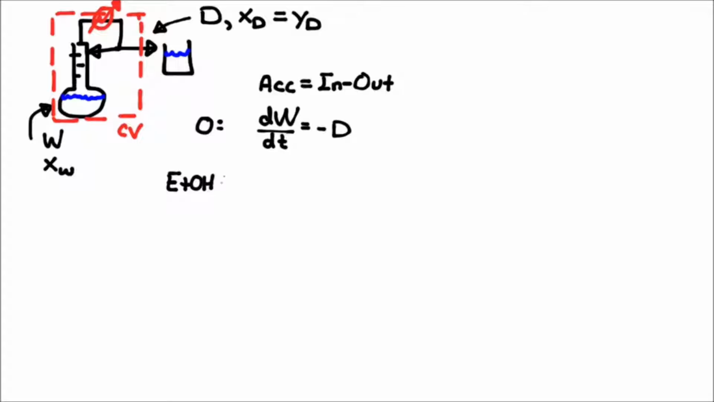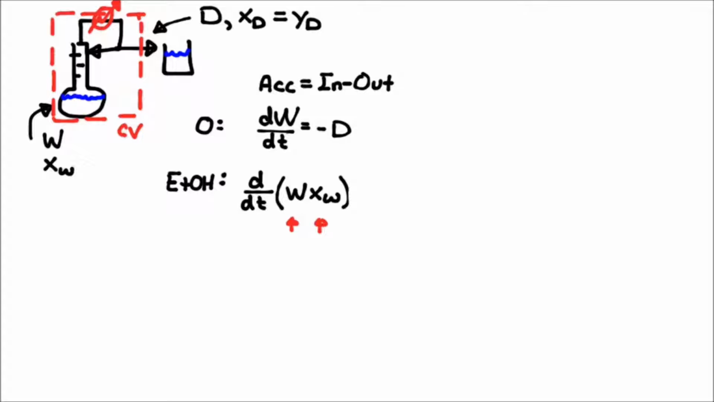And the material balance on the ethanol, if we look at the accumulation, the most general way to write the accumulation is the rate of change in time of the amount of ethanol in there, the moles of ethanol, which is the total number of moles, times the concentration of ethanol in the bottom tank. Now, I put that in there because both of these two quantities, both the W and the X sub W, are going to be functions of time,